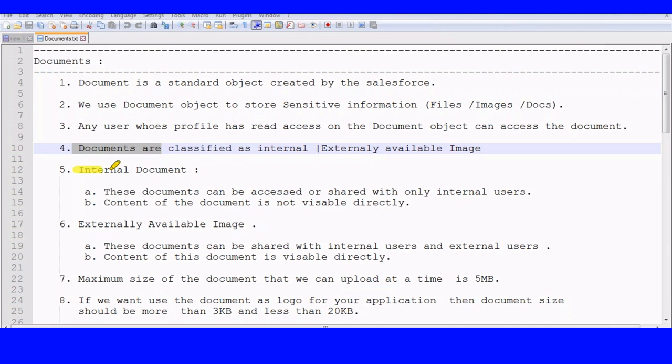When you say internal document, these documents can be accessed or shared with only internal users. And the content of the document is not visible directly. Now when you say externally available image, these documents can